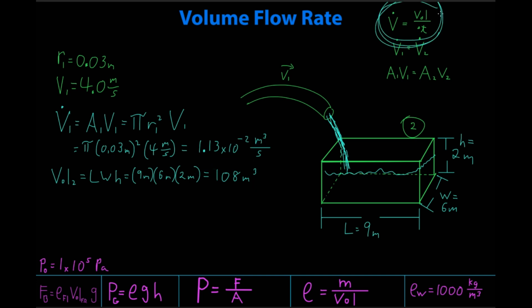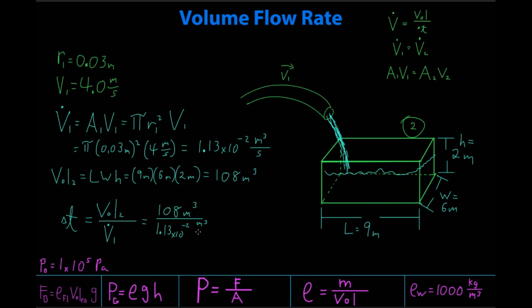In other words, I'm going to take this top equation right here and just rearrange it for time. To do that, I get delta T is volume. Now I care about the volume of the pool because that's what I'm filling, over the volume flow rate of the hose. This is 108 meters cubed over 1.13 times 10 to the negative 2 meters cubed per second. I do this, meters cubed cancels. This is 1 over seconds now, so it flips because you're dividing by a fraction, and you get 9,549 seconds. If I divide this by 60, I get 159 minutes, and if I divide it by 60 again,